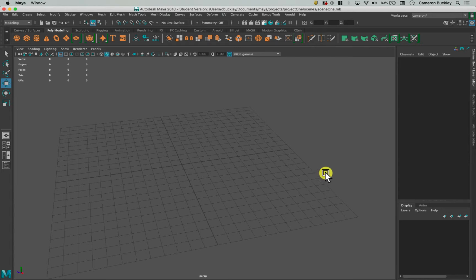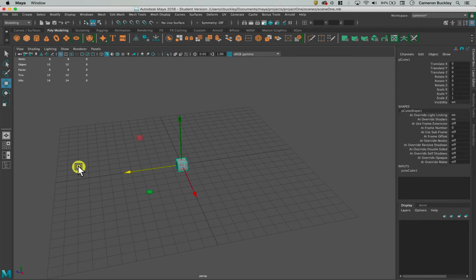So in this video, we're going to be talking about some of the stuff on the side over here, the channel box and the attribute editor in particular. And if you don't see those, just make sure that they're on over here up at the top. But just like how we've been creating objects and then moving them around and doing different things like scaling them,